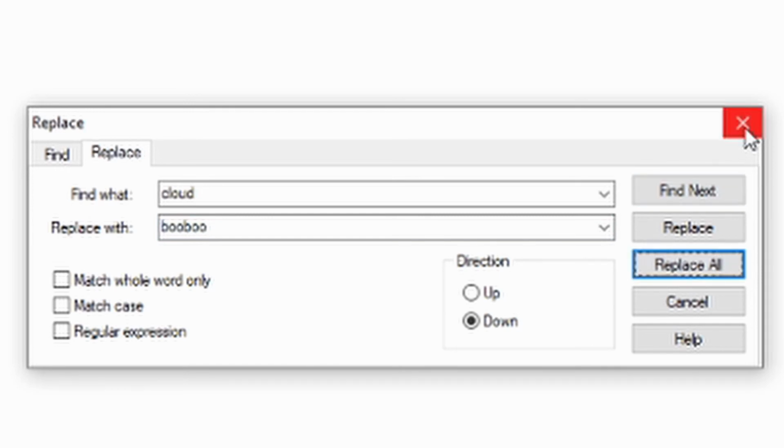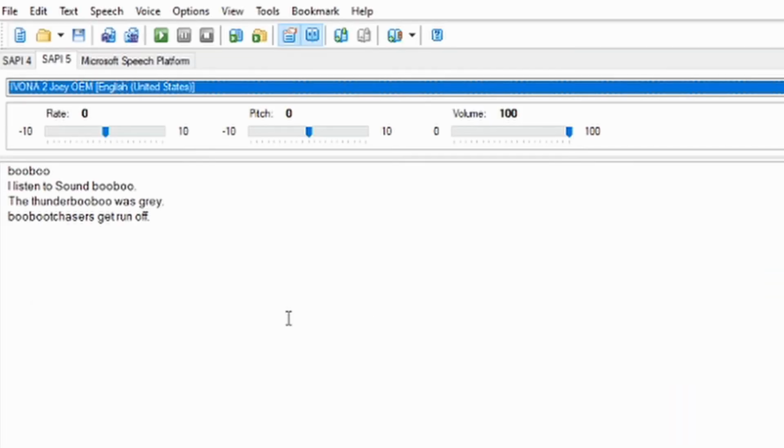Okay. Now the problem with this is that this particular part of the program is not as intensive as the other part where you change it with the phonetics, because it's going to change every cloud. Every time it sees the combination of C-L-O-U-D, it's going to change that combination. So if you're using find and replace, you have to be very careful to only find and replace very specific and very unique